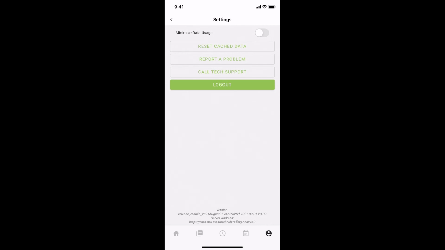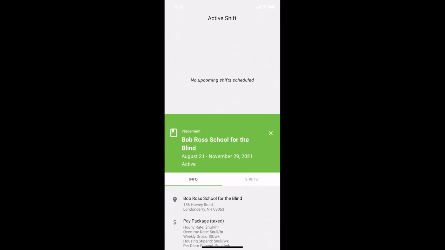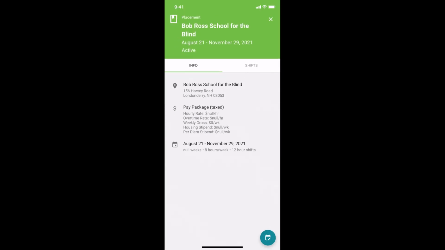Before we go, I'll actually show you how to put in schedule stuff. So if you're at the facility and the facility has a schedule for you, they've already designated that you're going to work next week, Monday, Wednesday, Friday, 3 to 11. You can come to placement details, and you'll see this little blue button down at the bottom right-hand corner. If you click on that blue button,